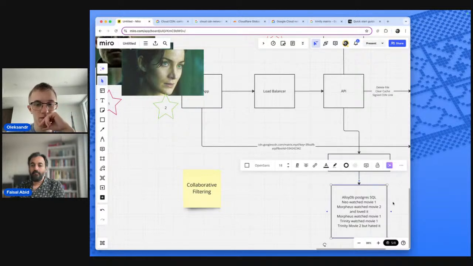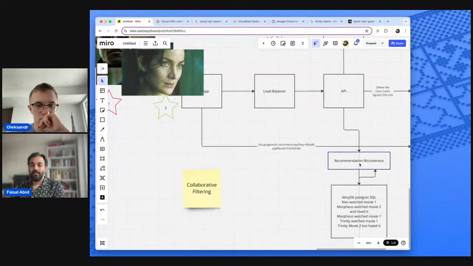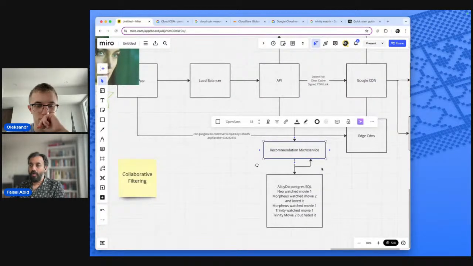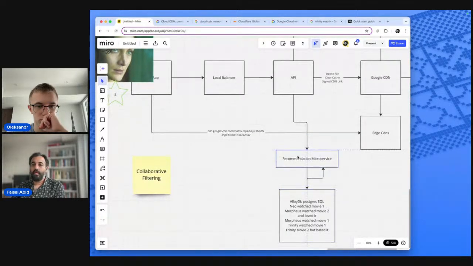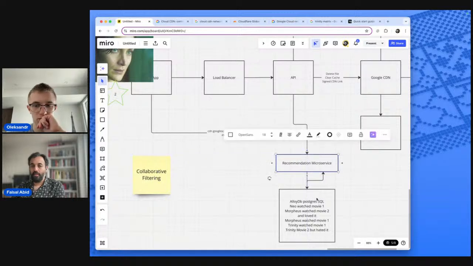But at the same time, you also have the ability to ask the database, hey, let's write a SQL query: whenever the user wants a new video recommendation, tell me something that the user hasn't watched yet that similar users like him have watched and liked. Not dislike actually, just rated: how many stars, 3 stars, 4 stars, 5 stars.